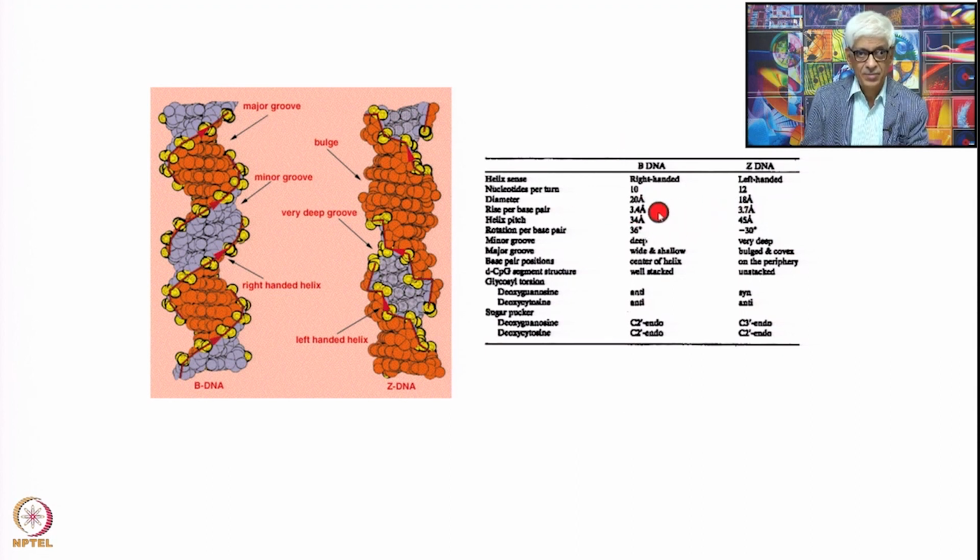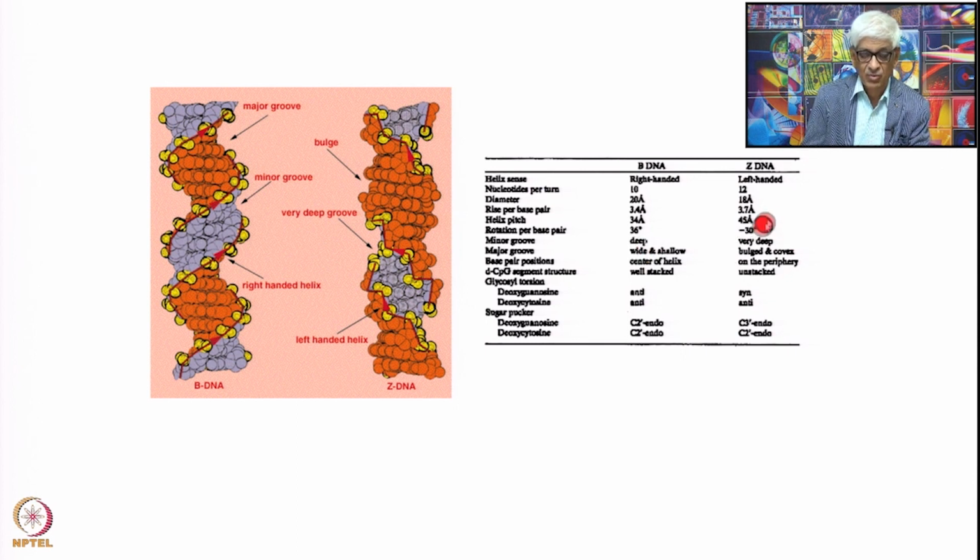The rise per base pair is 3.4 angstroms here and 3.7 angstroms here, and the total helix pitch is 34 angstroms, because if you take 10 base pairs per turn, 3.4 into 10 makes it 34, whereas this one goes to 45 angstroms. For one particular turn, what is the rise? It is 45 angstroms here. And there is a rotation per base pair, this is 36 degrees